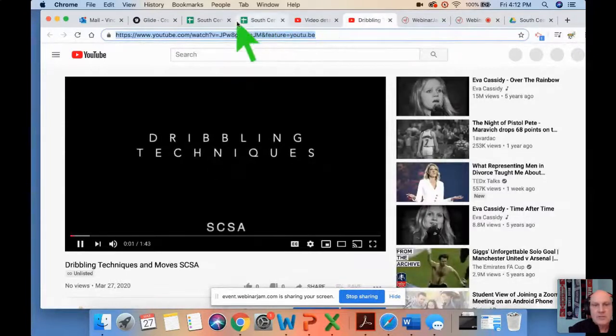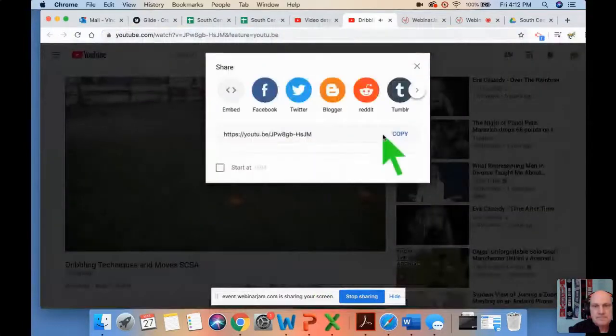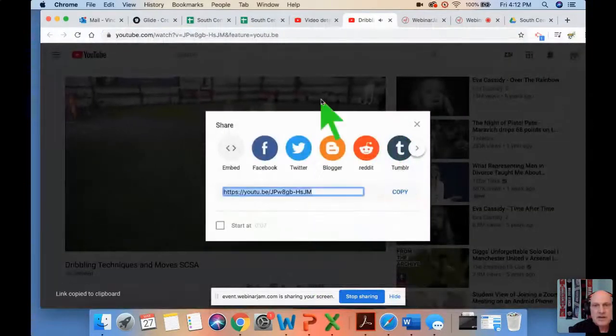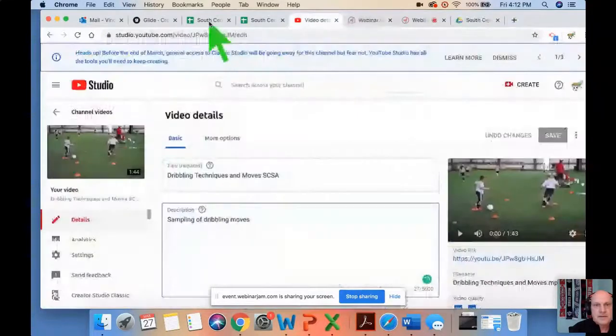Now, if I want to, I can just copy. Here's the scissors. Boom. There you go. All right, Jillian, and I'm going to get out of this. I can copy the link. And then